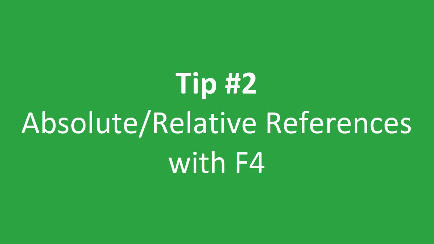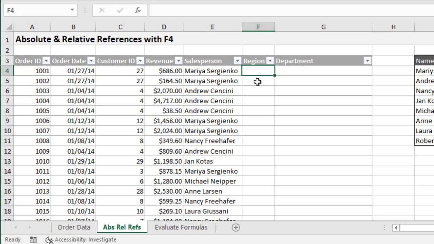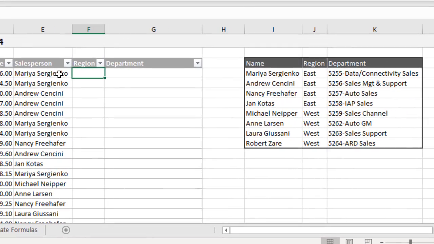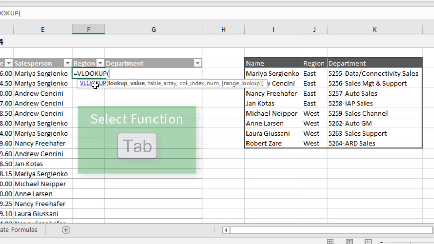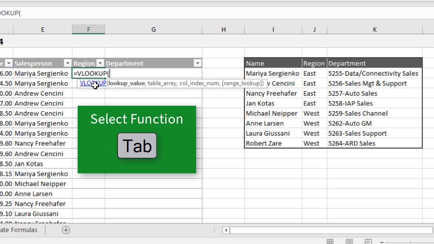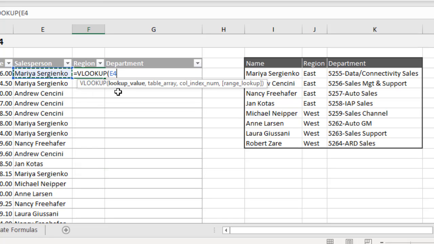The next tip is using F4 for absolute and relative references. So on this sheet, we want to create a VLOOKUP formula that looks up the salesperson and returns the region and department from this table over here. So let's start typing equals and then the word VLOOKUP. We can tab into that, and then our lookup value will be the salesperson. Arrow over left once. Going to type a comma, and I'll just select this range here, our table array, with